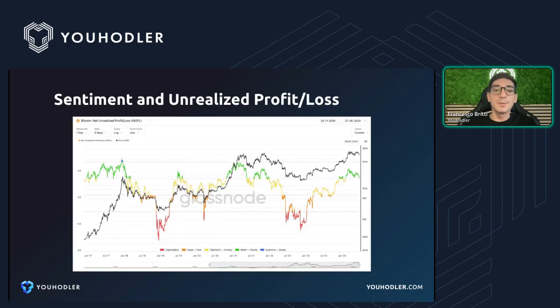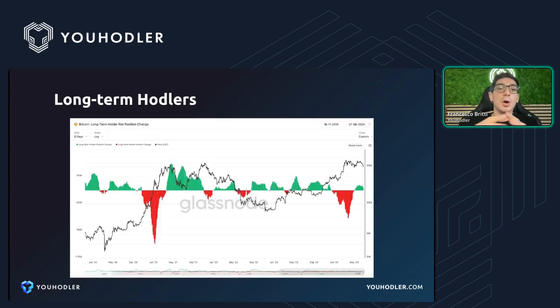So a lot of people are in profit, and we can see it also from the sentiment of realized and unrealized profit. We can understand that we are in a phase where a lot of people are in a belief phase, and they are starting to take profits off the table. So of course, we need to understand if these profits are going to affect us in the long term. We have seen that on the market a lot of people are in profit. There is some news happening, but how are the long-term holders moving? We can see that the long-term holders are still accumulating Bitcoin. So there is not that phase of the market where the whales are scared and start panic selling. But this is just one movement that came from